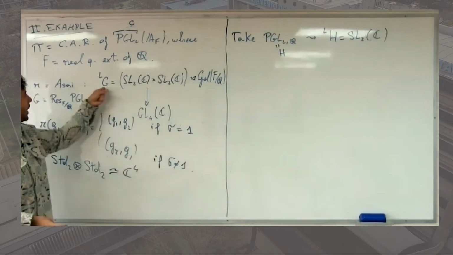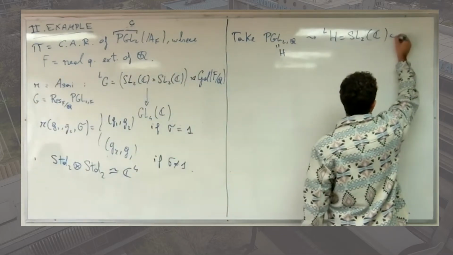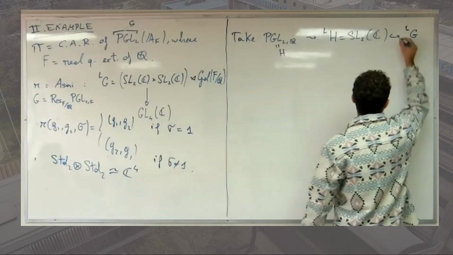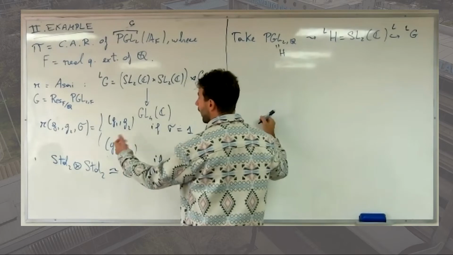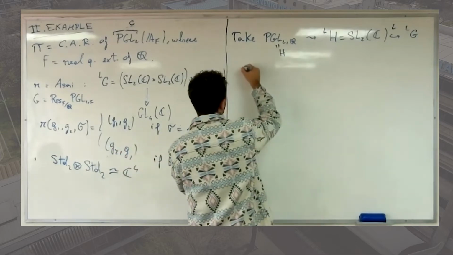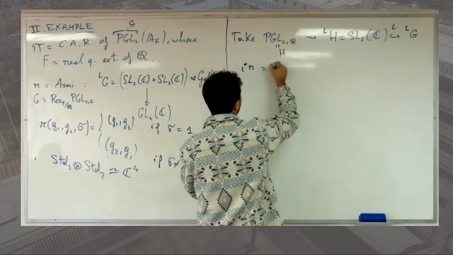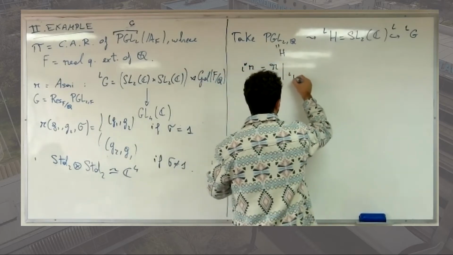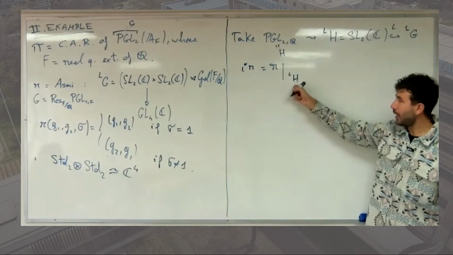SL2 embeds diagonally in LG. And so you can look at, I'll call this iota, the pullback iota star of R, but what I actually mean is you look at R and you consider it as a representation of LH. So as a representation of LH now,